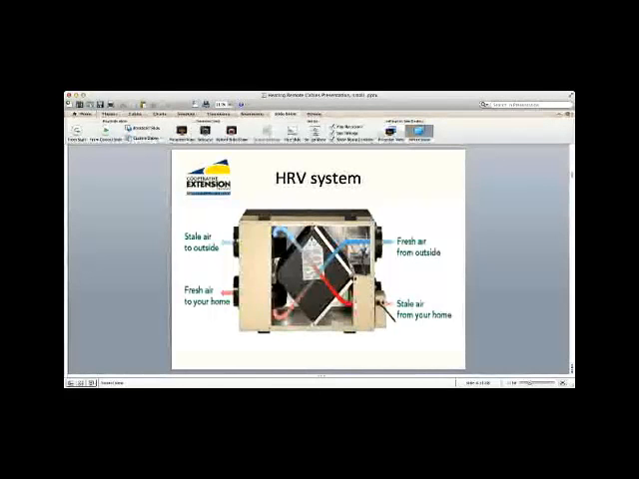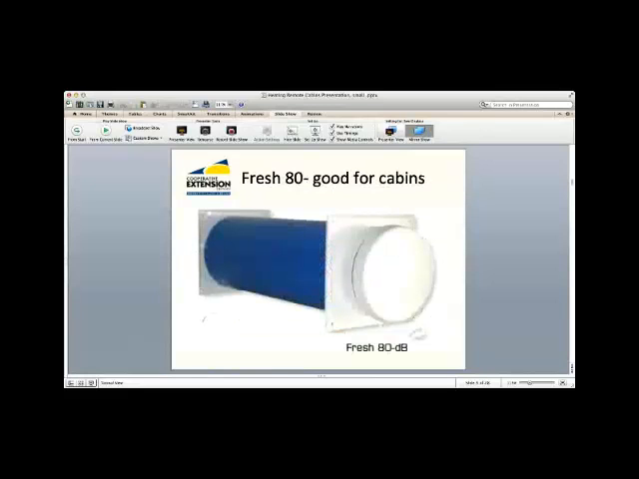And so it's a bit overkill for a cabin that doesn't have two bedrooms sequestered off by doors, maybe bathrooms and other rooms of the house, dens and stuff that you would normally shut off. So instead, a device that's very reasonably priced and takes no electricity, made in Sweden, is called a Fresh 80 or a